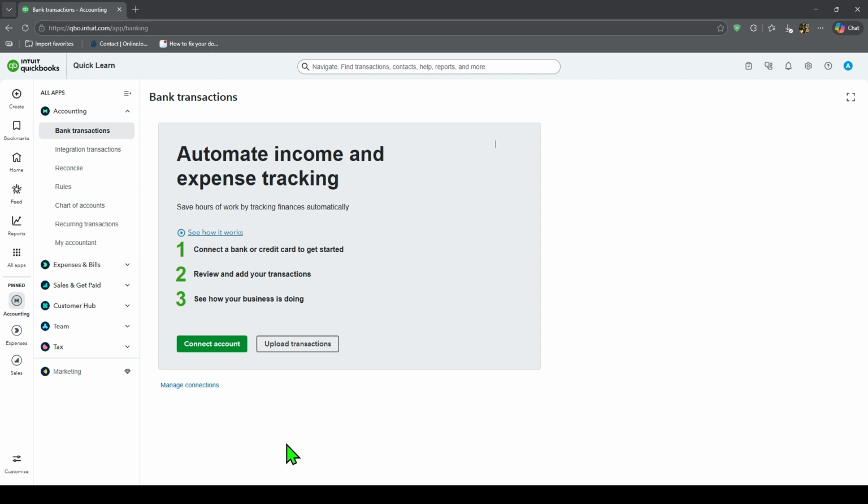If you do this often, you can also create bank rules. Intuit says bank rules can automatically apply categories to matching transactions in the For Review tab, which saves time on repeated entries. And one important thing to remember, your categories come from your chart of accounts, so if you don't see the right option, you may need to add or review that